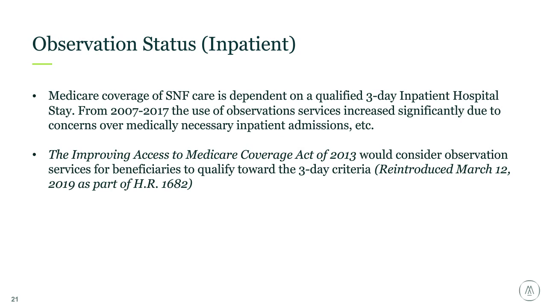are not fully in tune with how it works in an acute setting, you could go and visit your mom and dad or grandfather, grandmother in the hospital. They're in a bed, they're eating meals, the nurses are coming and checking on them, they've got telemetry. Everything on the surface would appear as if they had been admitted as an inpatient. Come to find out, they get discharged, they go to the skilled nursing facility, and the family gets a $25,000 surprise bill. Legislation was proposed back in 2013 that would consider OBS care over a 3-day period to qualify, or